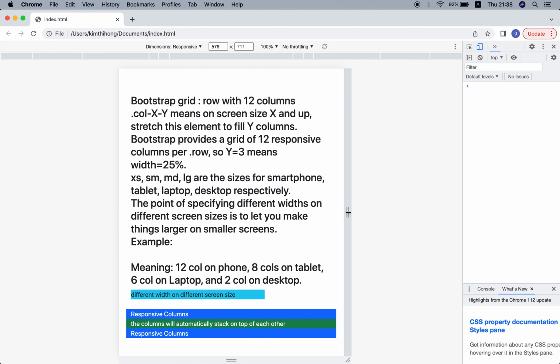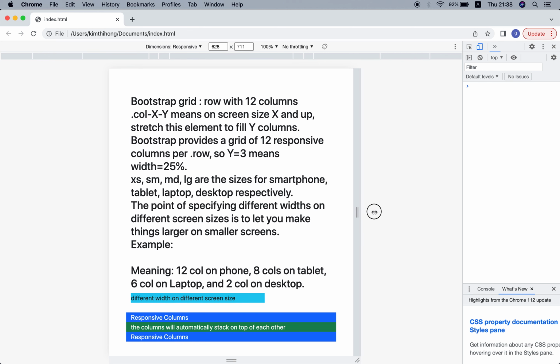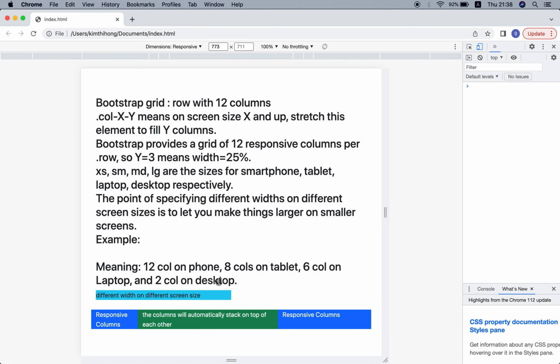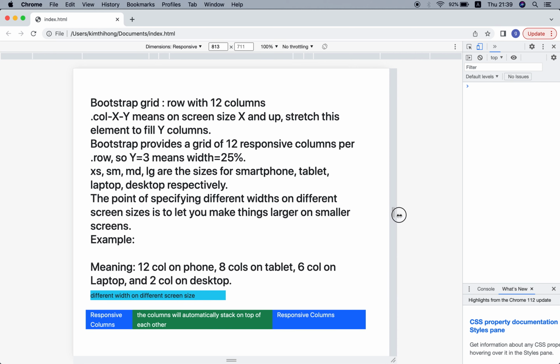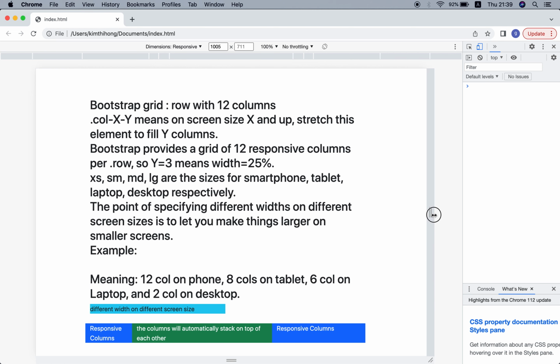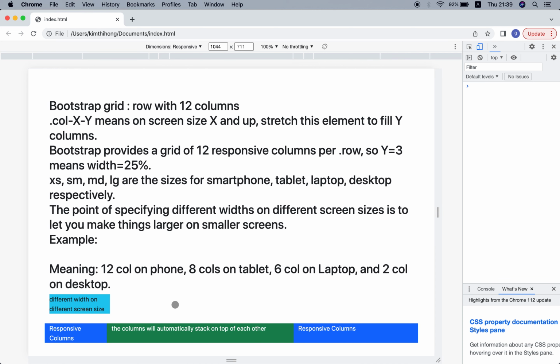For small it spans 8, and it becomes larger, 6 columns on laptop, 50%, and if the screen size is bigger, now just 2 columns on desktop.